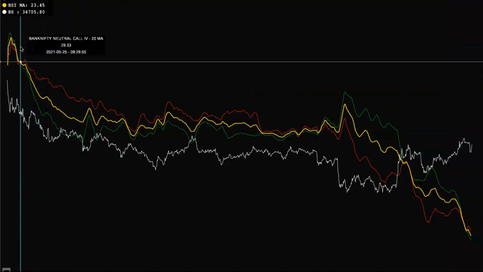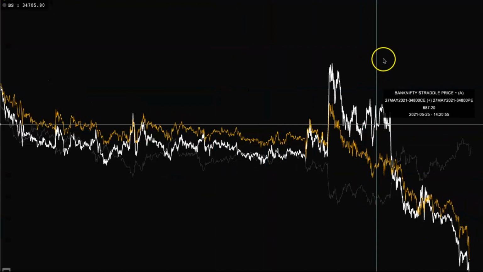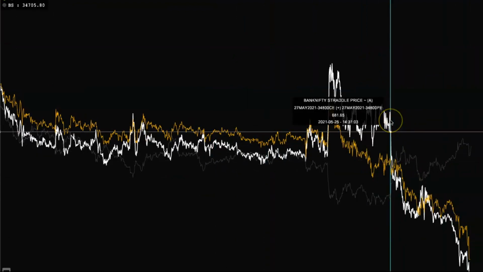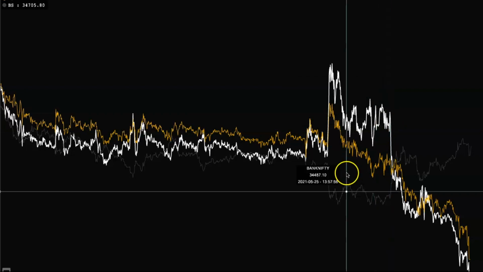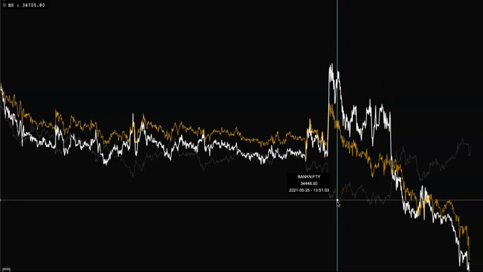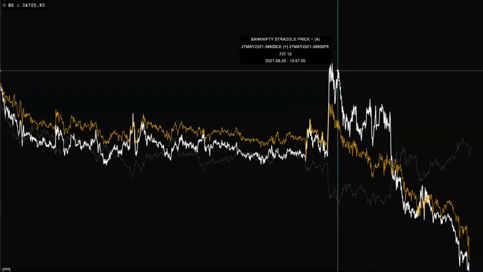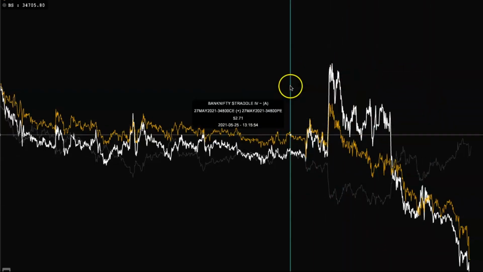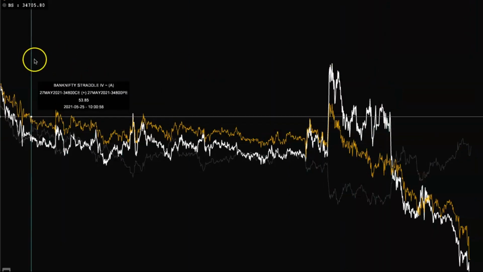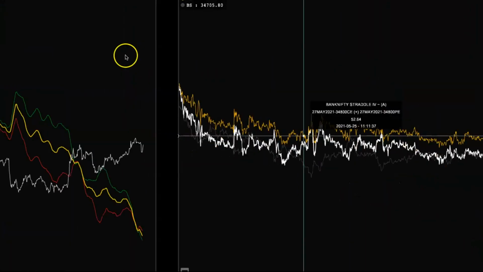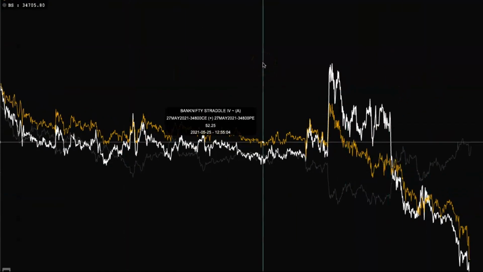So you will be able to visualize the ATM IV throughout. Whereas this is the straddle IV, right now displaying the 34,800 call and put. That is where ATM is around. Here, when the Bank Nifty is around 34,400, the put option would have been deep in the money, so it is very volatile here. So we do not know what happened to the ATM IV in the past historically. That is where this neutral IV works, and this is just the normal straddle IV.